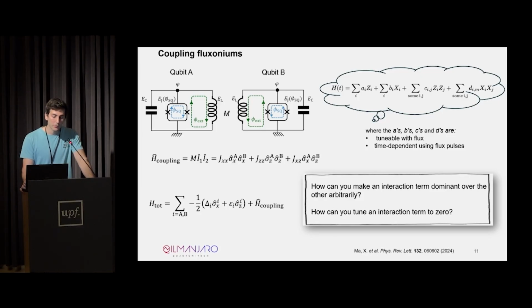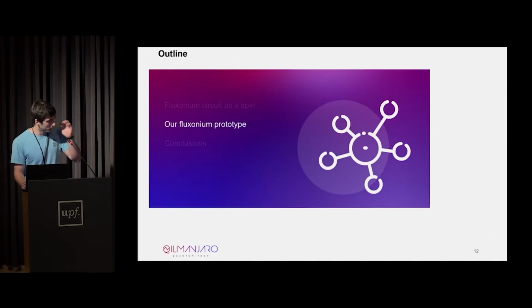We have some open questions, for example, how can you make an interaction term dominant over the other in an arbitrary way? We heard about it a little bit from Andrea in her talk on Monday, so this is not so trivial to do. And also, how can you tune an interaction term to 0, also in an arbitrary way? These are open challenges that we are currently working on. But with this, I'd like to start the second part of the talk, which is about our